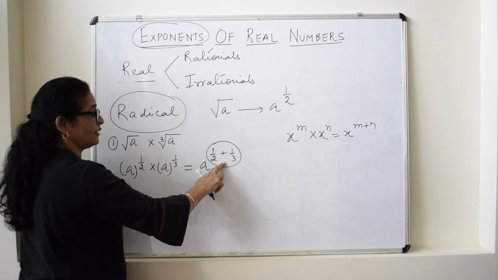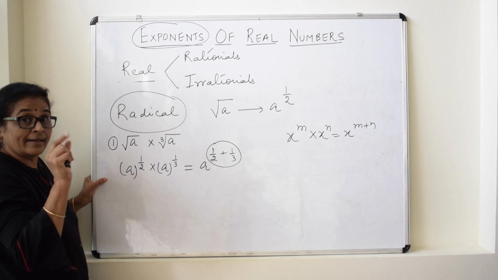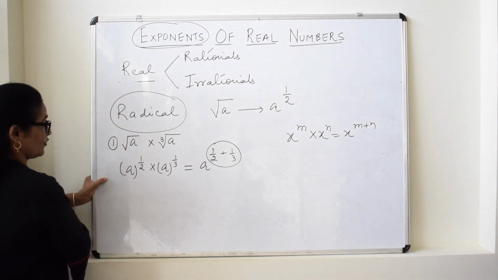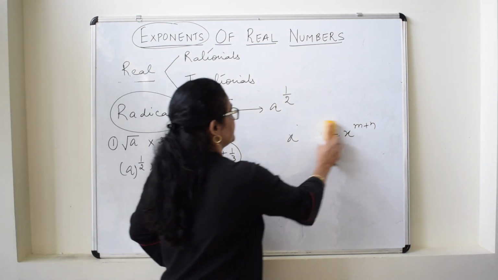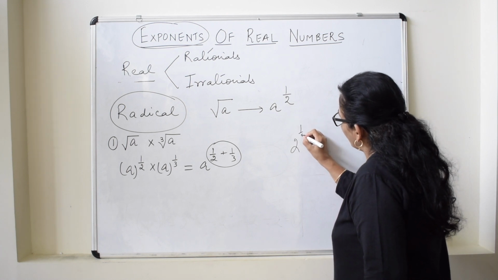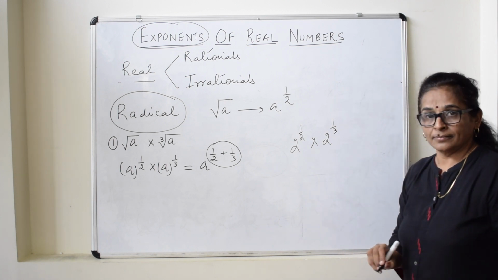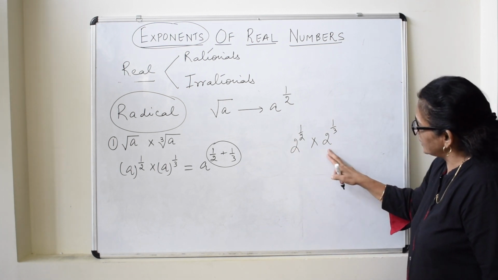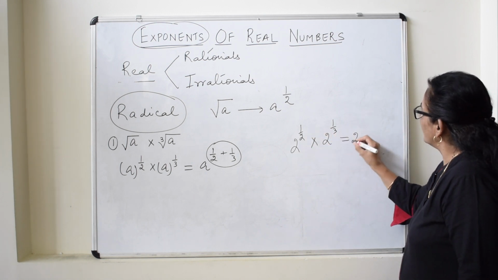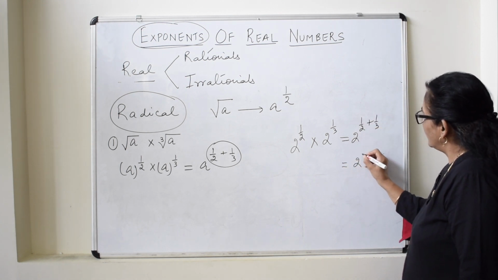This we had learnt in how to add rational numbers. That can be solved further. So for these types of cases, if we take one example, it will be more clear. 2 to the power of 1 upon 2 multiplied by 2 to the power of 1 upon 3. It means what? The same base, instead of an integer, we have taken a rational power. Then the powers will be added. So ultimately, this will be now.